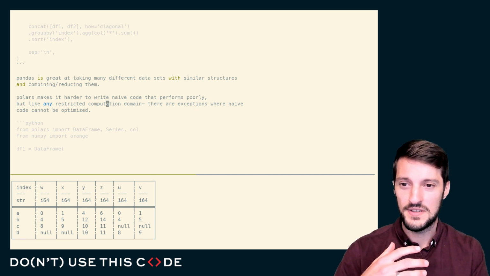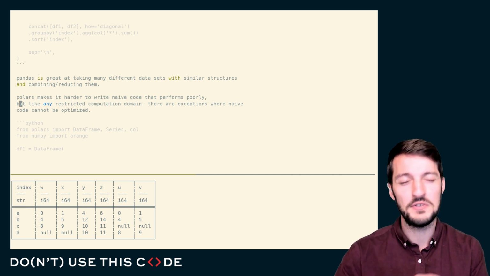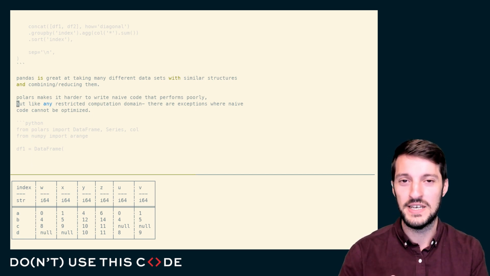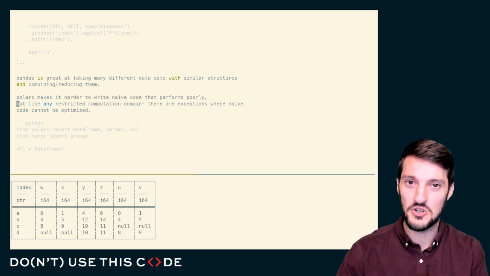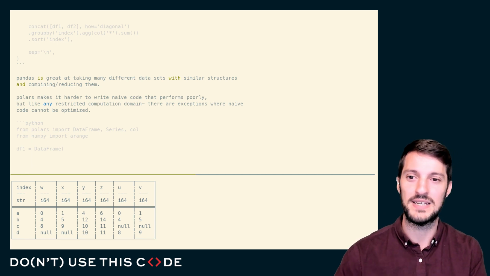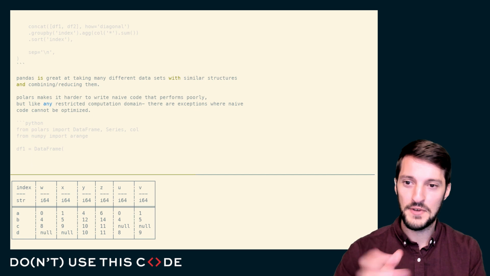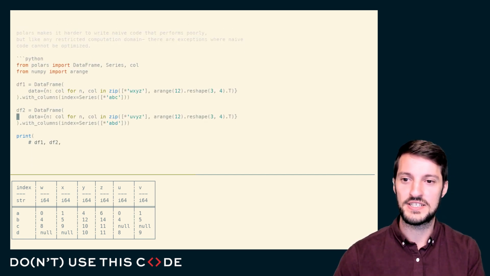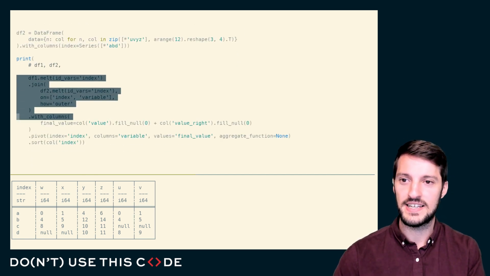But in Polars, this is not impossible to do. You can still write bad polars code. However, I will say it is just much harder to write bad polars code than it is to write bad pandas code. If I take that same example that we were just examining, just looking at, and I approach it